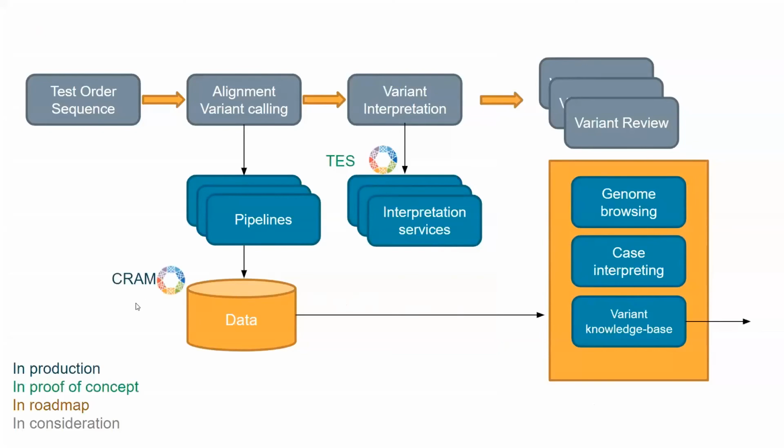For a while now, we've been using CRAM as our data storage, and that essentially saves money, but also the toolchains now to run those pipelines and so on are by and large fully compatible with CRAM. So there's no need to inflate and deflate from CRAM to BAM and so on. So that's been very helpful.